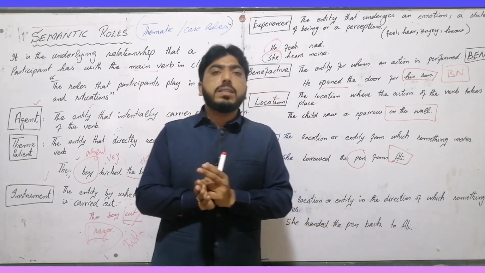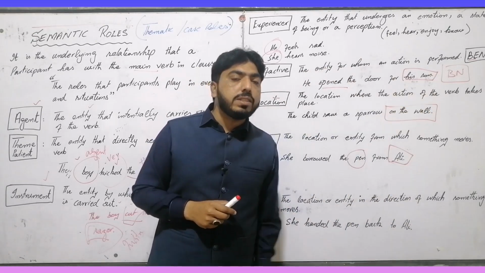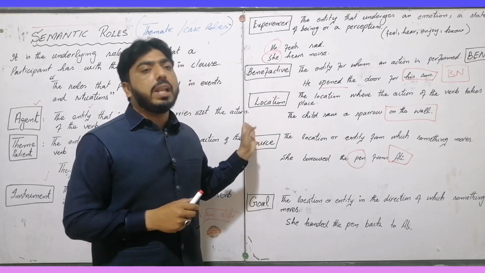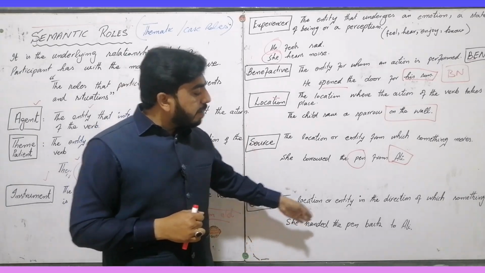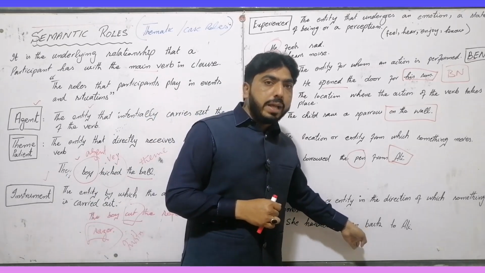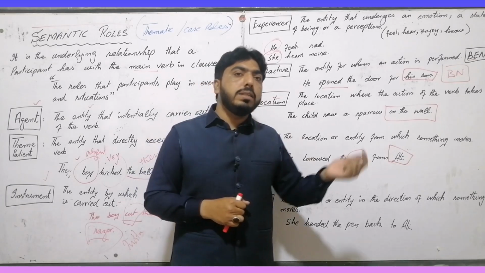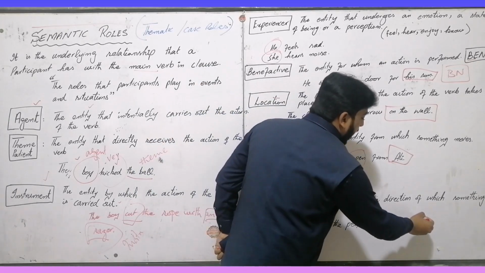So the origin of the action is Lahore, and the final destination is Islamabad. So Islamabad will be considered as goal and Lahore will be considered as source. Here is another example: she handed the pen to whom? Back to Ali, right? The final destiny is Ali. So here Ali will be considered as